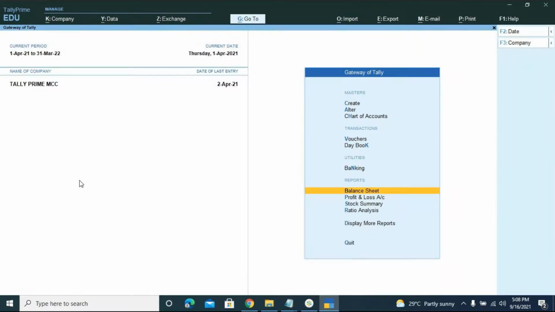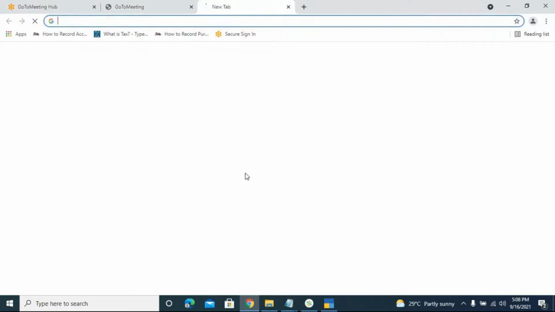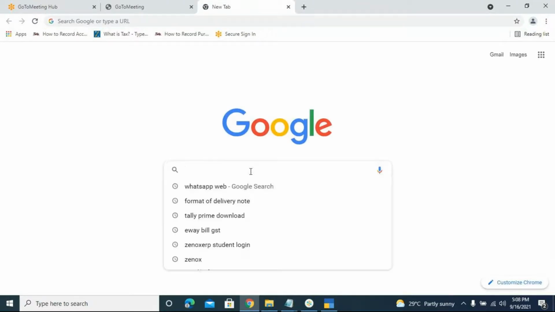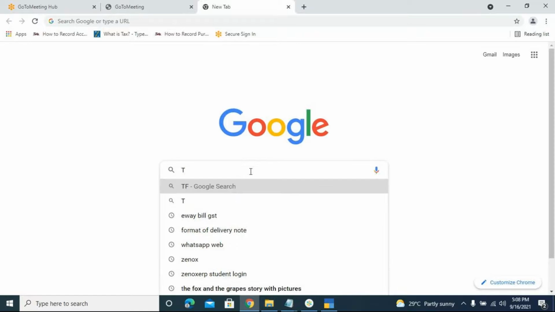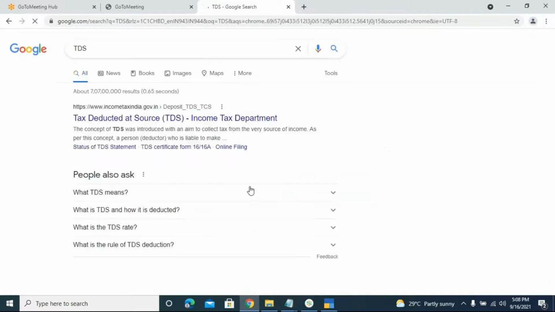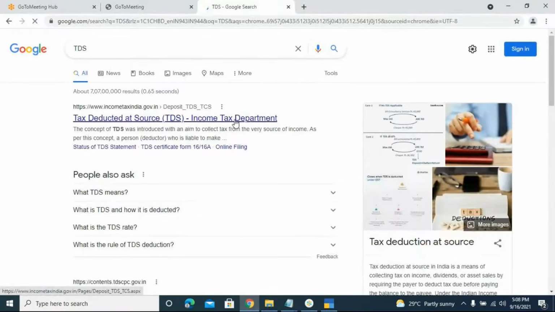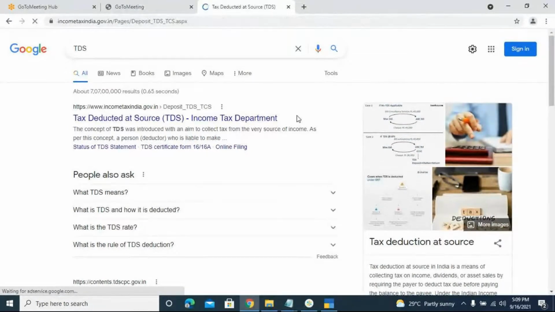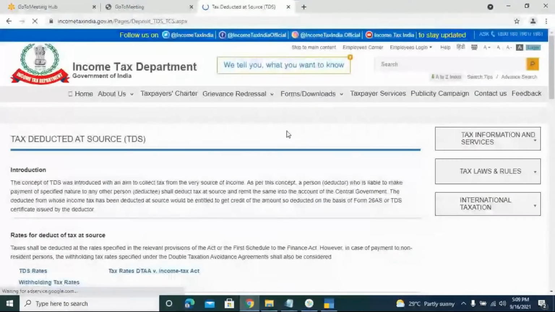Before that, I would like to make one clarification. When it comes to TDS, tax deducted at the source, why is it called deducted at the source? What does it signify basically? Before I go for any discussions with regard to TDS, one thing I'll make clear: if we talk about the income tax on salaries,